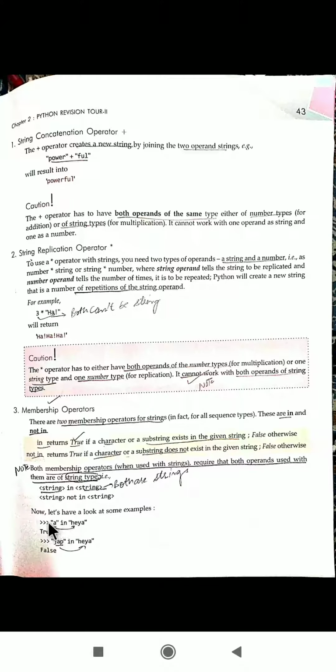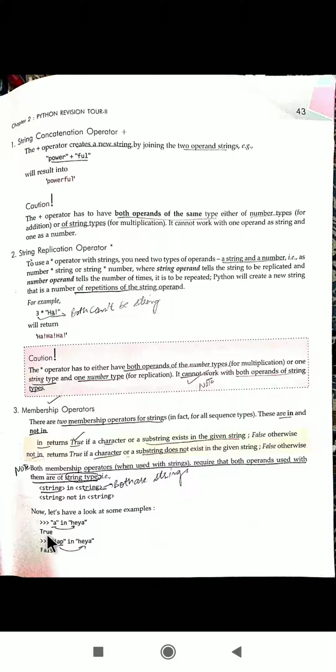Let me take an example. Actually, this is the general syntax to use these membership operators. 'A' in 'here': we will check A inside this particular string. Is A present here? Yes.